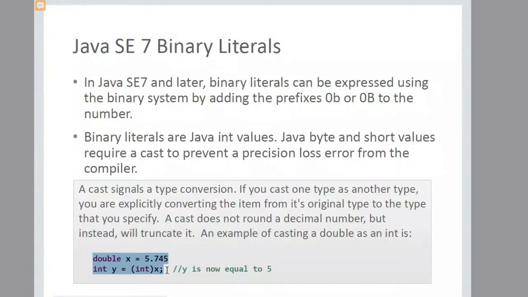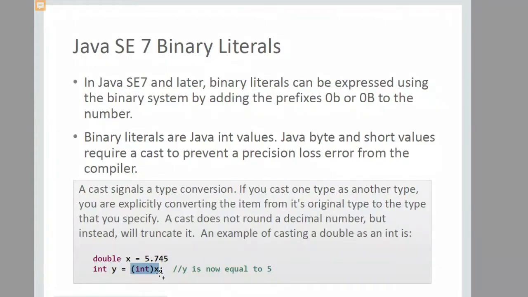Clear? So this is known as typecasting. You already know the x value is a double. By writing this statement, it is known as typecasting. What is typecasting? Converting a variable from one type to another. Here x is the double variable, and you want to convert it into int. This is the syntax: int within brackets, and the variable you want to convert, x. This is known as typecasting.